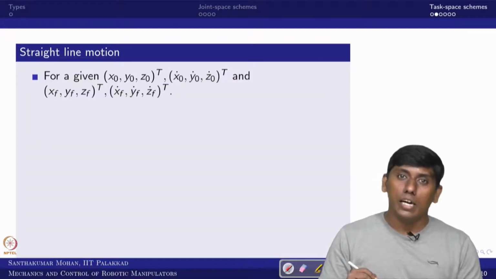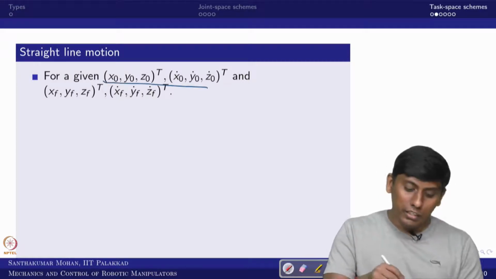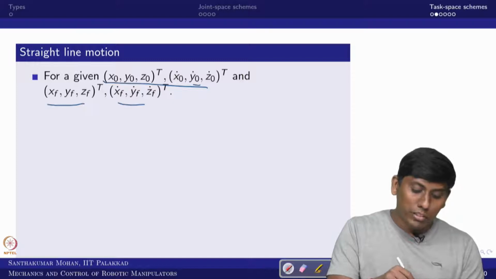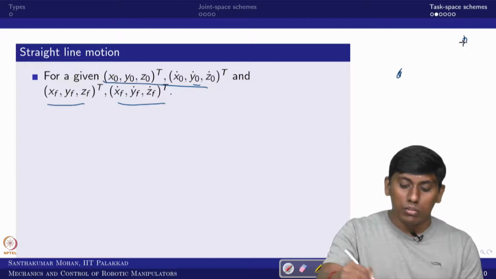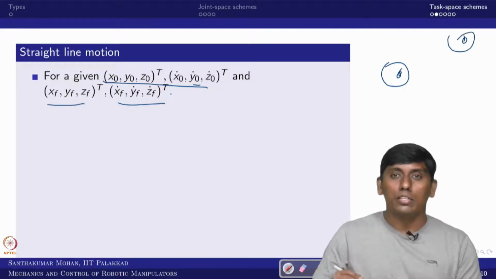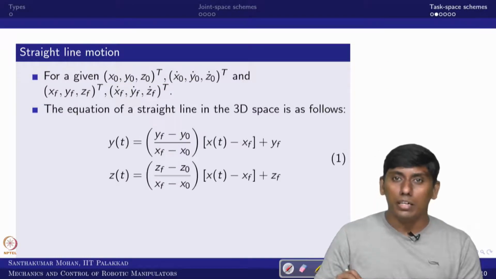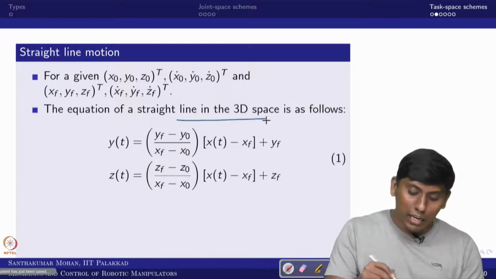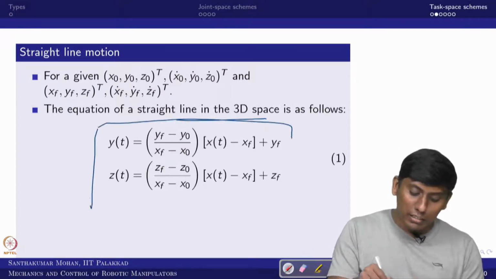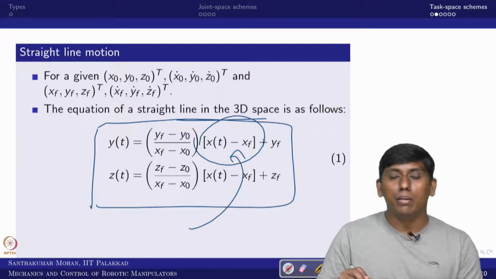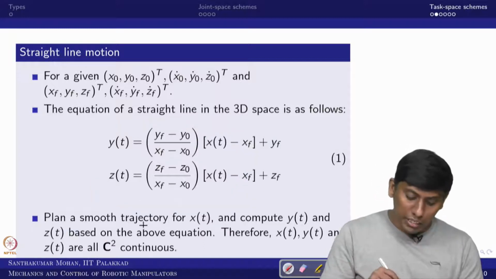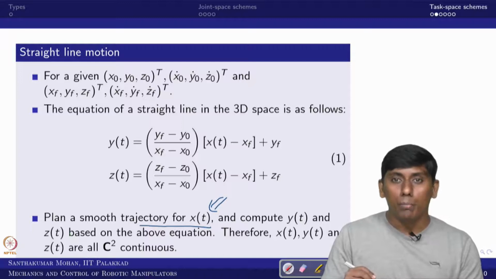So in that case, we assume that the initial position, initial velocity, final position and final velocity are given for a straight line. In the sense, the spatial position and velocities are given to us. Now we want to generate, and we assume that accelerations are not considered. So the straight line path for 3D space we can generate with a simple straight line interpolation, where x of t is the only variable which you need to derive. This x of t you can generate with either a cubic polynomial or a fifth order polynomial, all those things you can do.